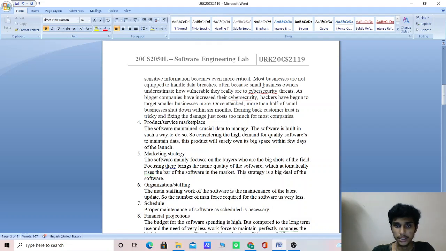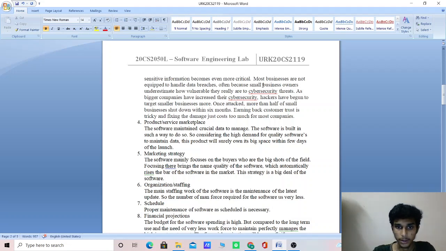As bigger companies have increased their cybersecurity, hackers have begun to target small businesses more. Once attacked, more than half of the small businesses shut down within 6 months. Earning back customer trust is tricky, and fixing the damage costs too much for most of the companies.